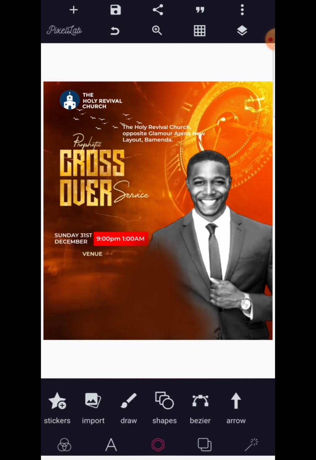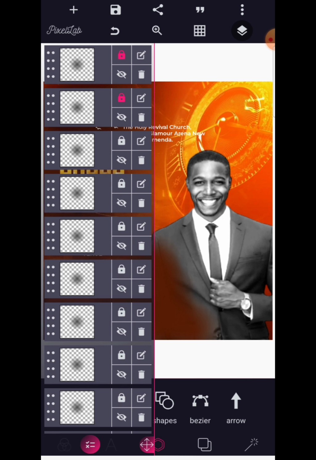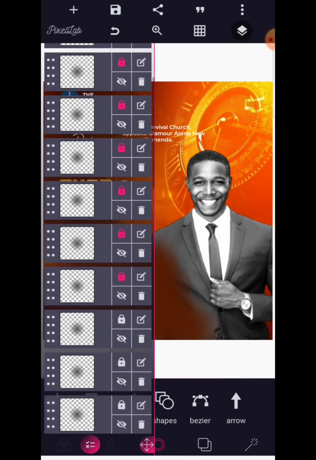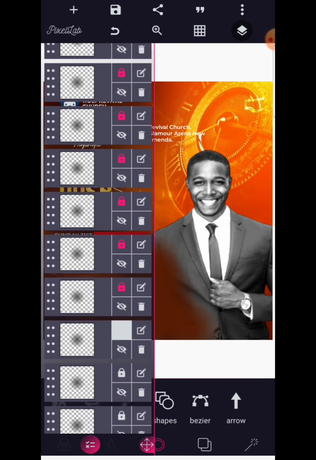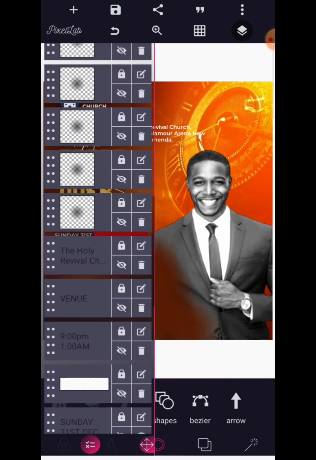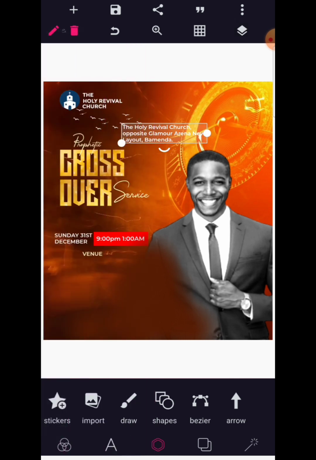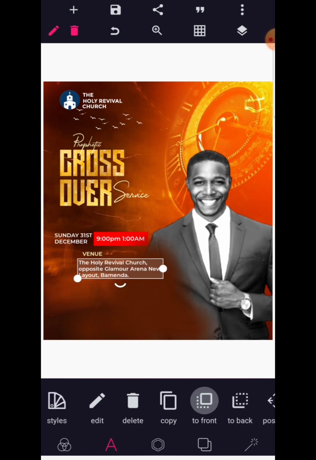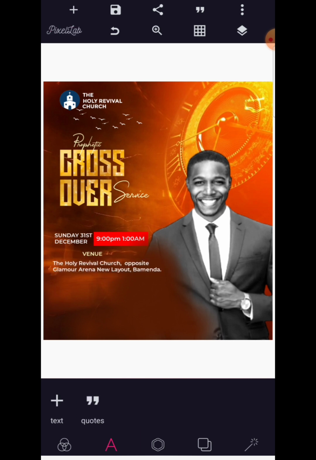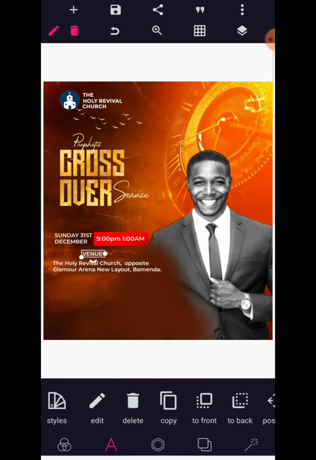All right, you now go to layer and make sure that you lock all of this up. Okay, need to lock them up. Why did we do that? Just so we could have some space to write some of the important details. So after achieving all of that, now you can bring this text here, but then remember it was back, so send it to front and position it here. We can even make this to fall just on 2 lines so that we have this. So the venue,